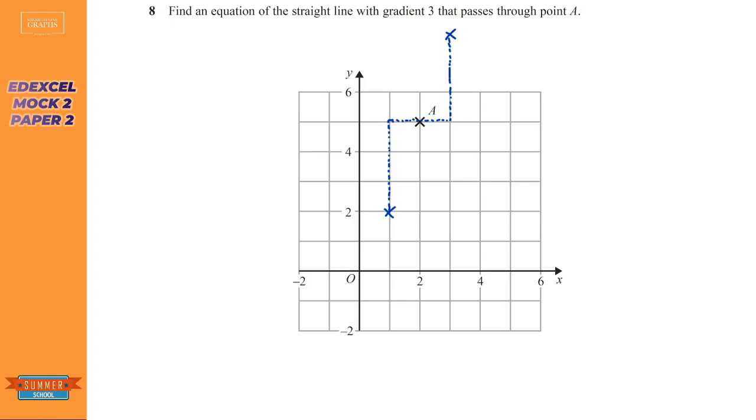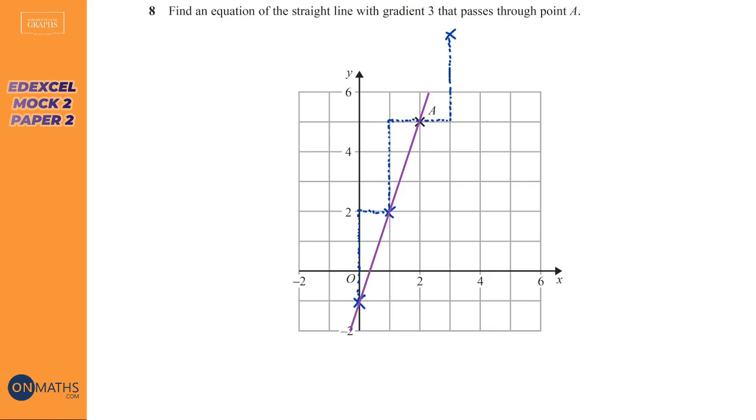Simple as that. Do it again. 1 to the left, and we go down the gradient. So 1, 2, 3. So we've got 3 coordinates now. And so what we want to do is draw a straight line that's joining them all up. Easier said. There we go. So that's the line, but the question doesn't ask us to draw the line,